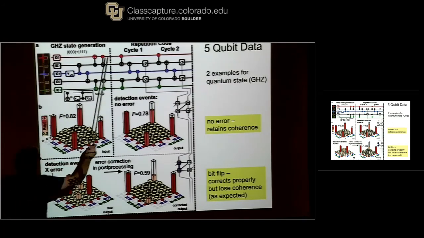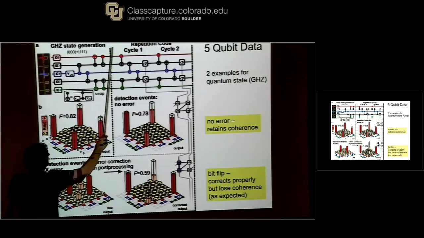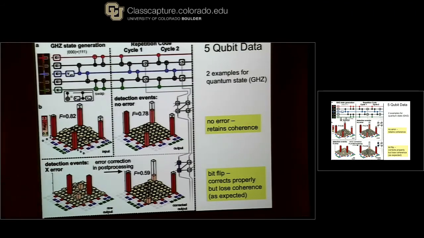We can stop the operation right here and do quantum process tomography to see what state we get. And that's given here in this density matrix. We see states at 0, 0, 0 and 1, 1, 1. And we also see off-diagonal elements of the density matrix saying that we have good coherence between these two states. It's a quantum superposition. So you're creating that state nicely. Then what we do